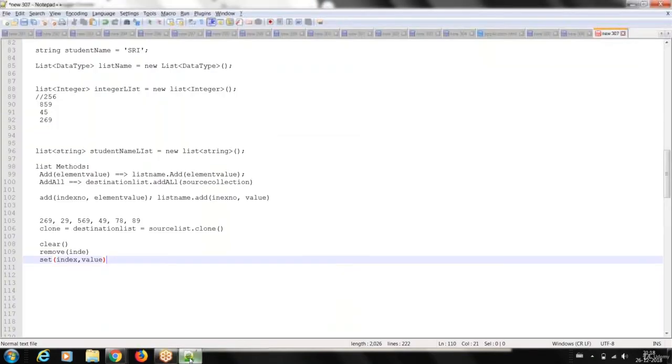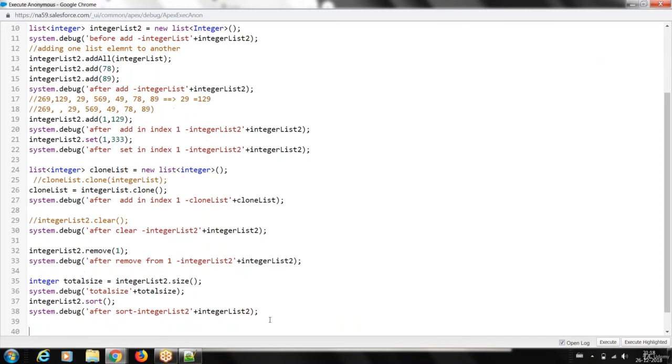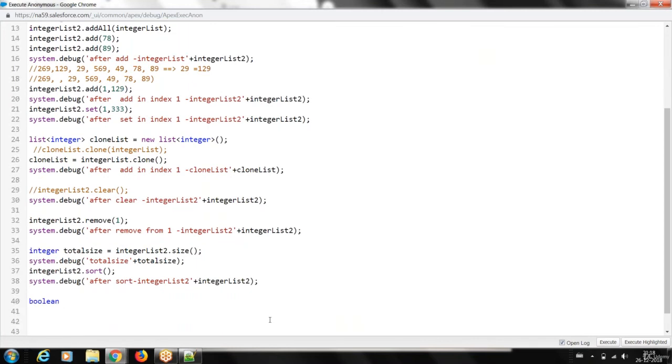Okay, so now let me show you. I'm just writing. See, there is a predefined data type, boolean. Check element, some variable name I gave. Let's say I want to see whether integer list 2 contains an element. Which element? It contains one element, which I call 49. So if the value 49 is there, it will show me the output as true. Correct? Boolean is nothing but a type that returns true or false.